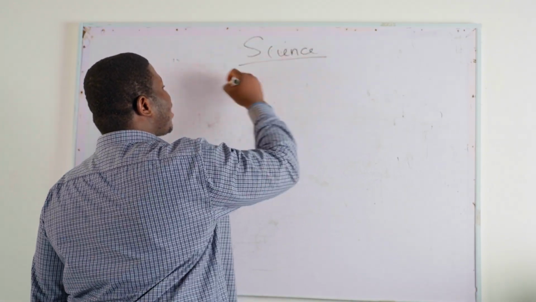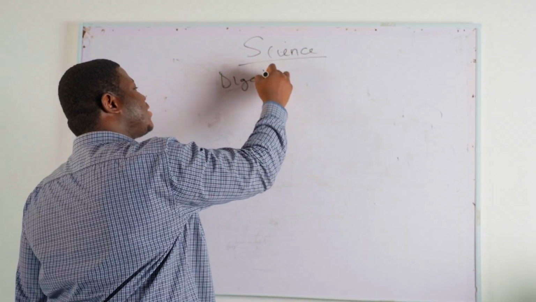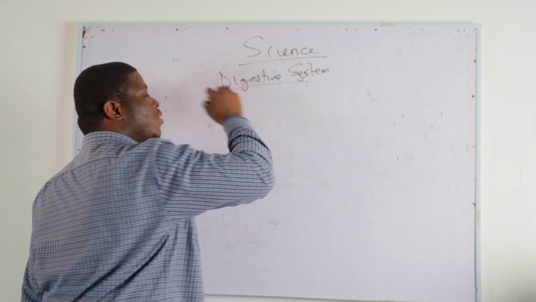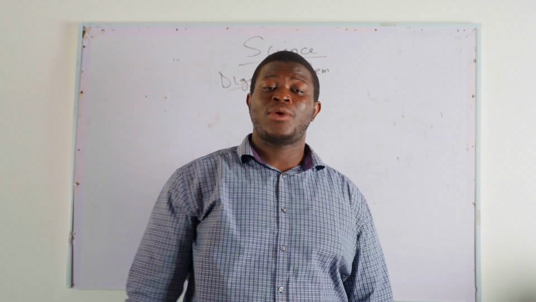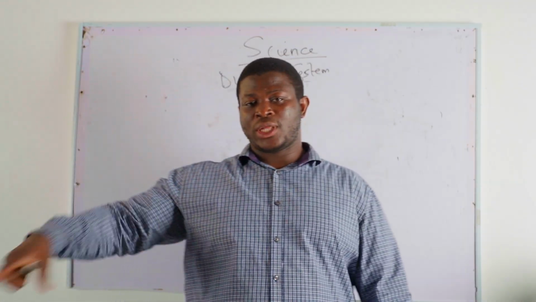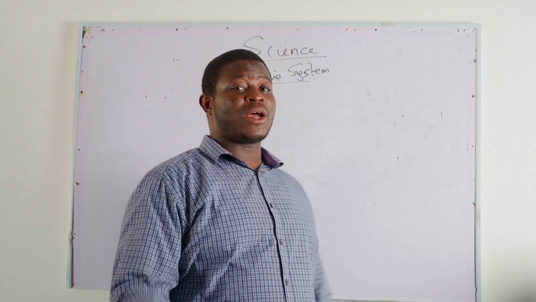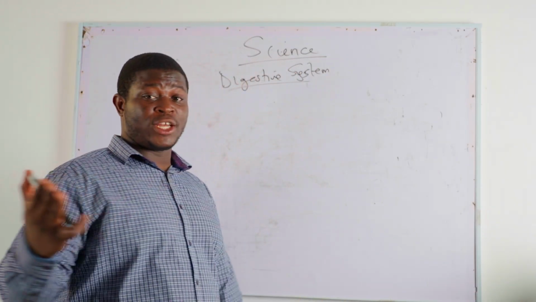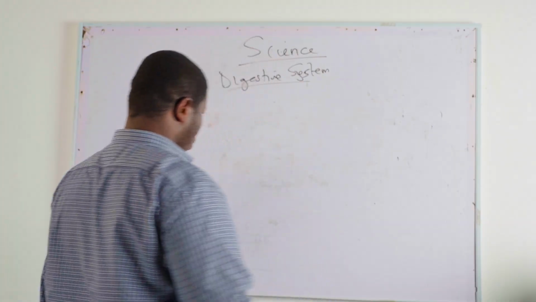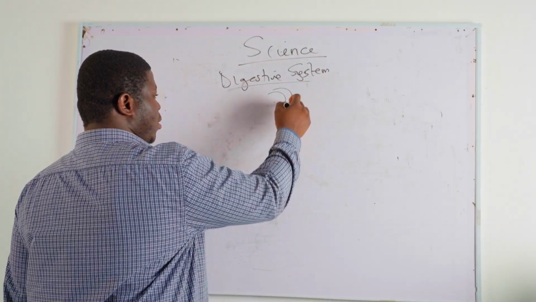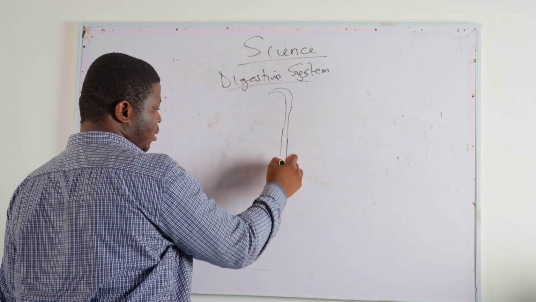So today we want to look at the digestive system. When we talk about the digestive system, we are talking about the process that food goes through from the mouth to the last part, through the anus, where you are able to excrete the waste or undigested food from the body. When you take a typical diagram for the digestive system, you have something like this,